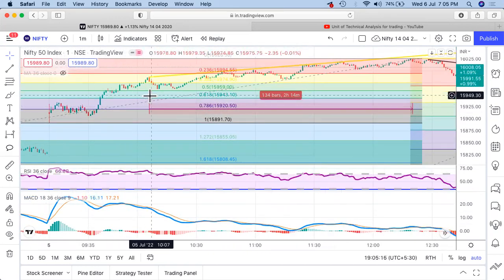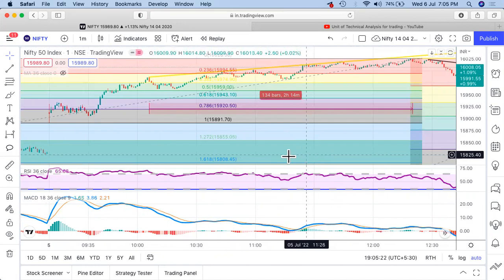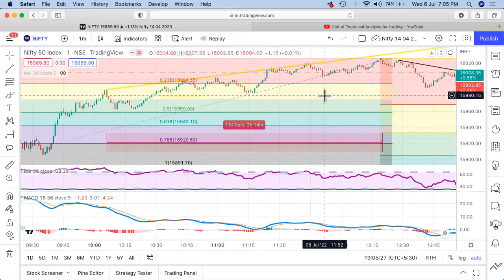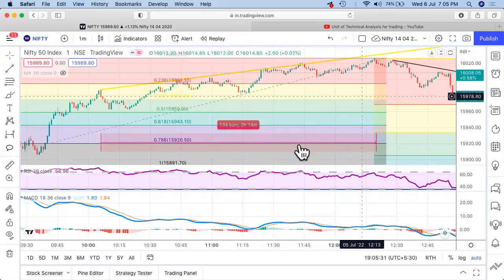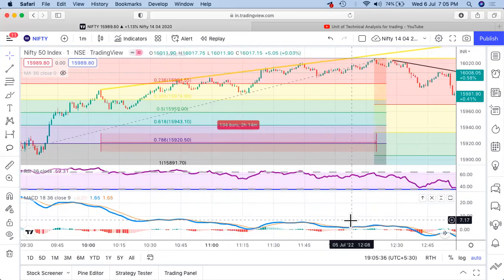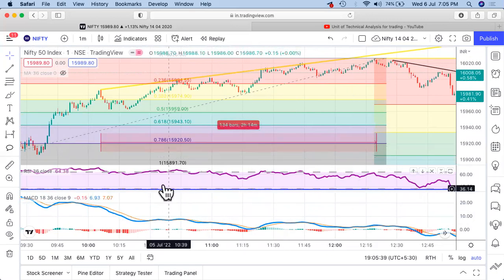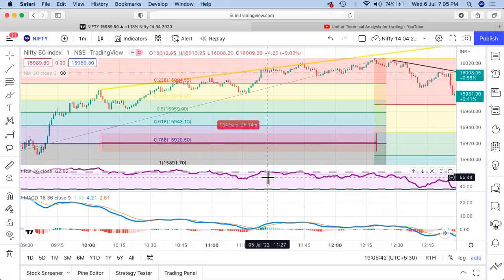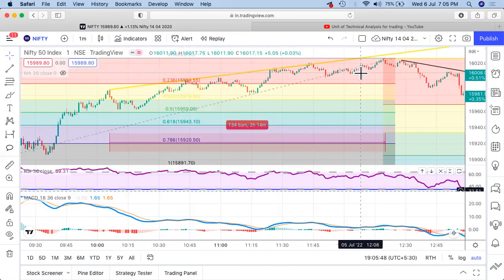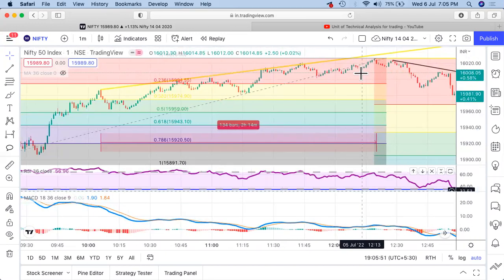So first of all, my RSI had started moving down, right? Here also, RSI was still down. Here also, when the price was moving up, still my RSI as well as MACD was also moving down, right? So when you see that there has been a considerable divergence, then the price generally falls down, first of all, with much greater speed, and also our targets are huge,